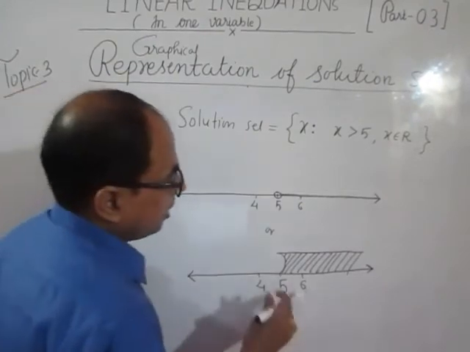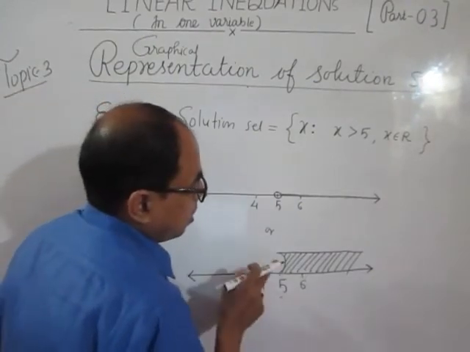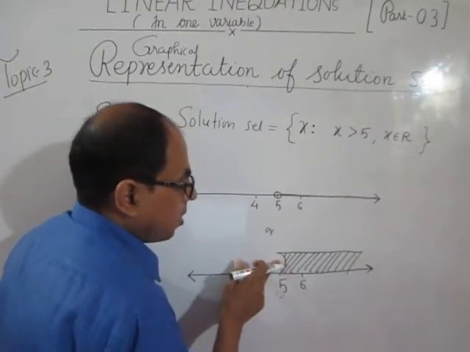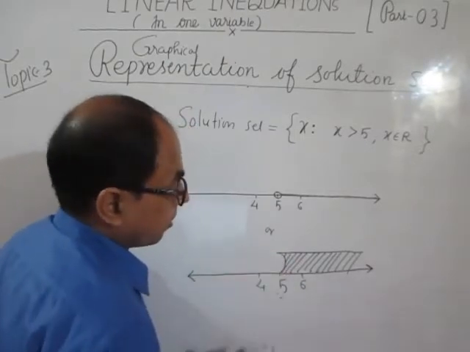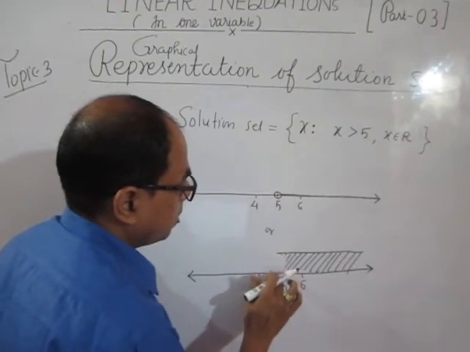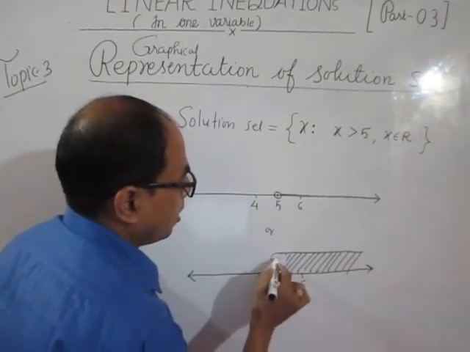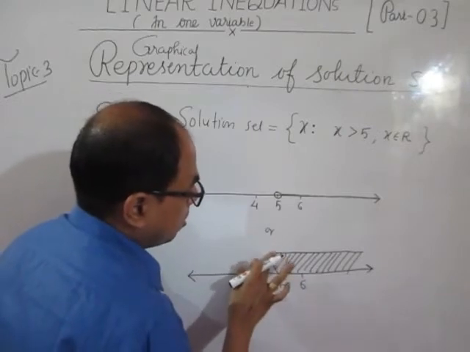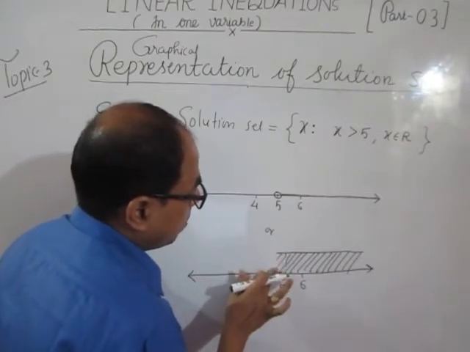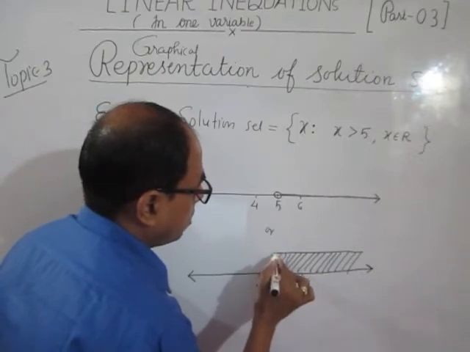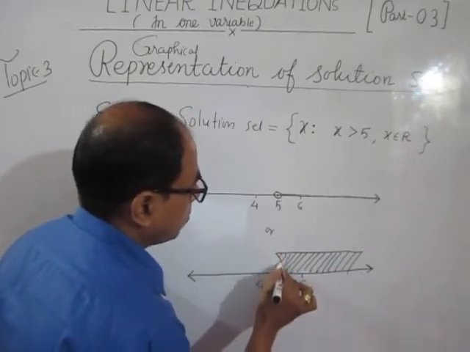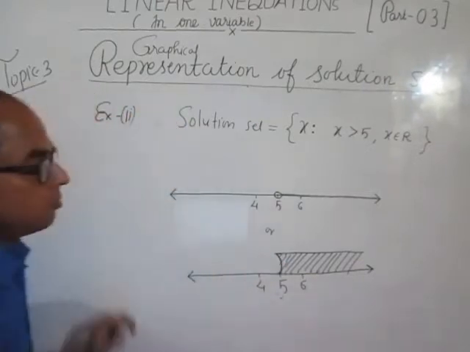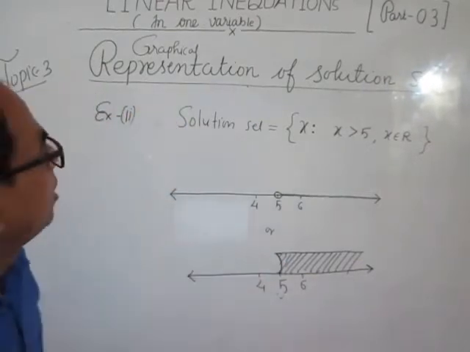Now remember one thing, in this method, the concavity of the curved line must be outside the shaded region. That means you cannot draw the curved line in this way. So this will be wrong. This curve must be in the outward direction. It should be clearly visible to the examiner. This is another way.